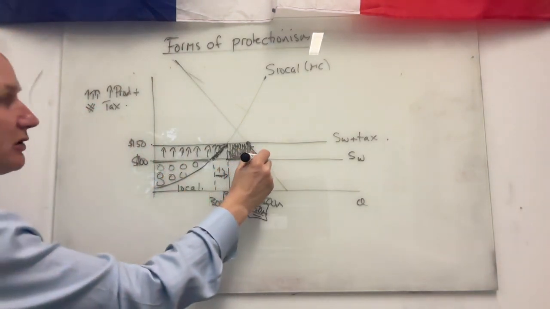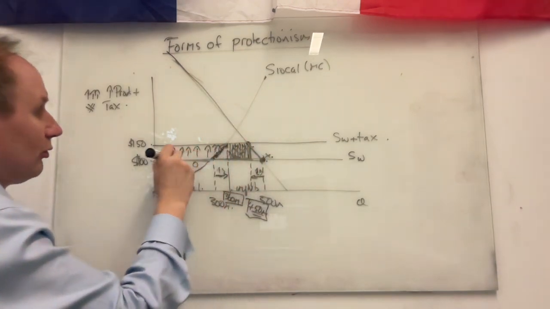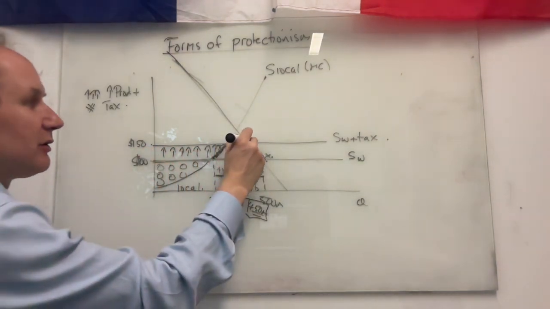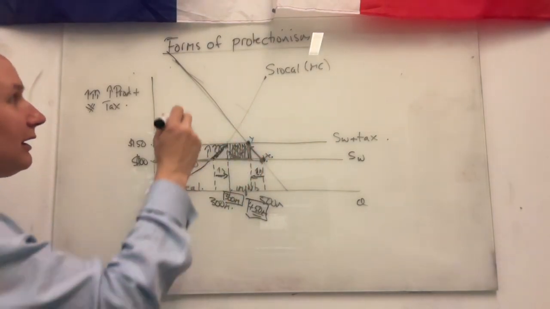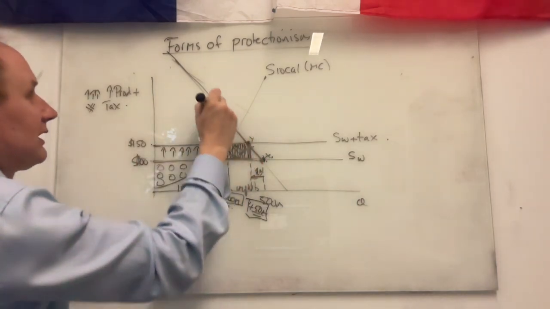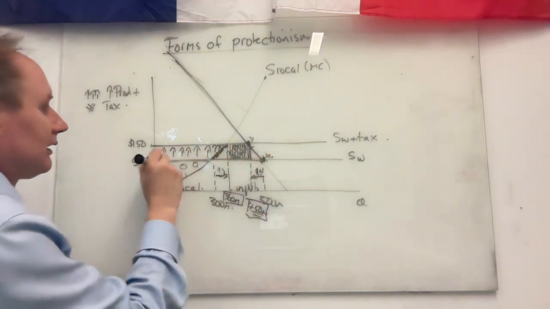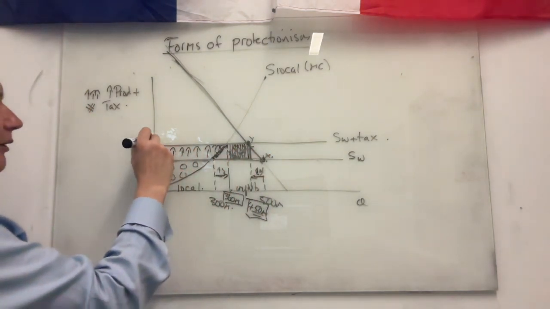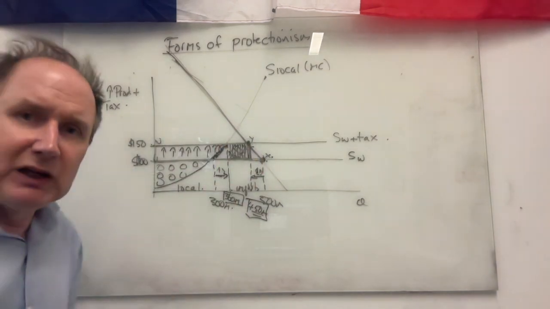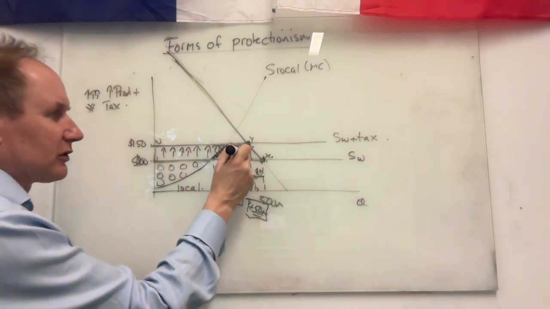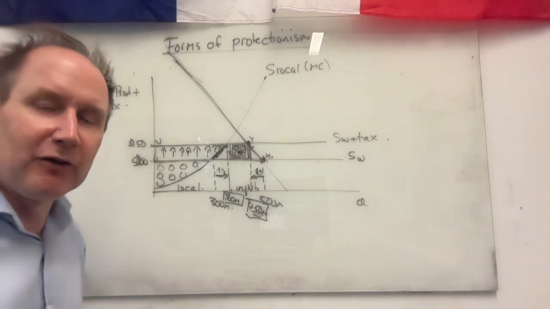Consumers used to be at point X, and they were getting consumer surplus of the whole of that area here. Now price has been driven up. The equilibrium for consumers is at point Y. They're now paying that price, getting that much utility, but the loss of consumer surplus is that whole triangle there, VW and YX. And of that consumer surplus, that much has gone to the government, that much has gone to local producers, but there are two areas of welfare loss.